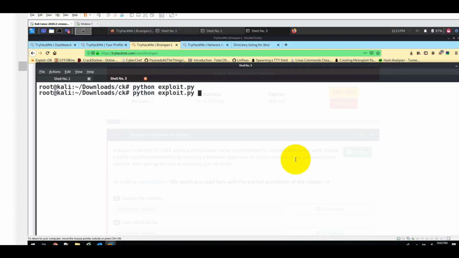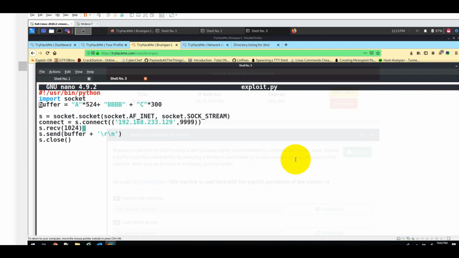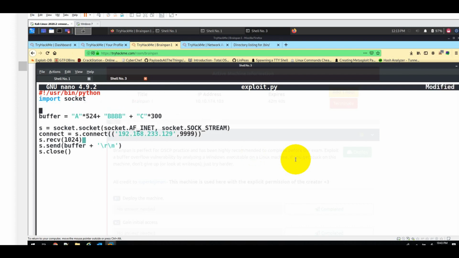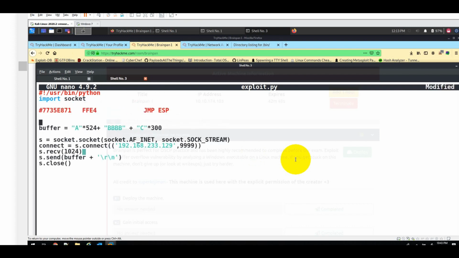Okay, let's just copy the jump ESP address and paste it so that we don't forget. Let's see whether we are actually getting an overwrite at the jump ESP point by replacing the BBBB with the jump ESP address. So what is going to happen is basically, jump ESP will redirect to the stack pointer where we will put our shellcode, that is after C. So we need to overwrite the address in little endian format, that is in the reverse order typically.